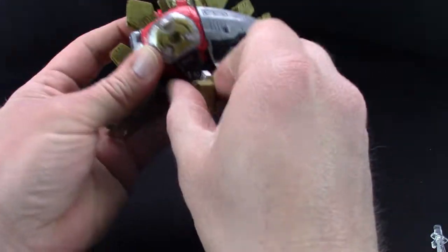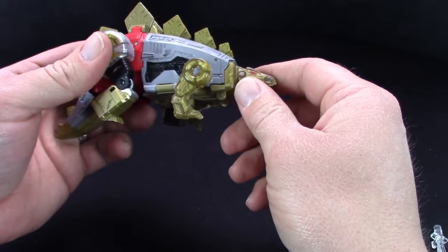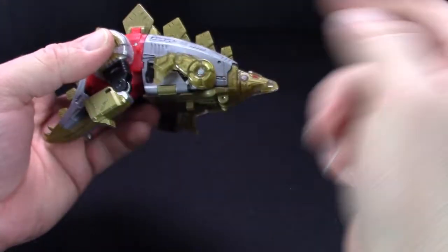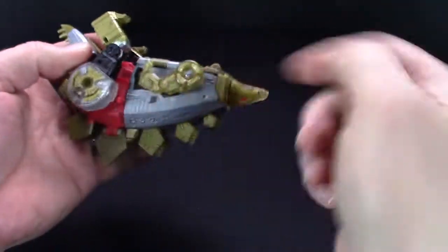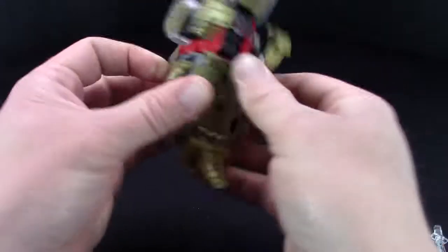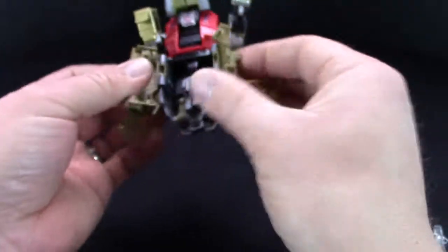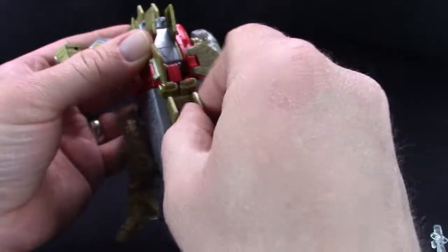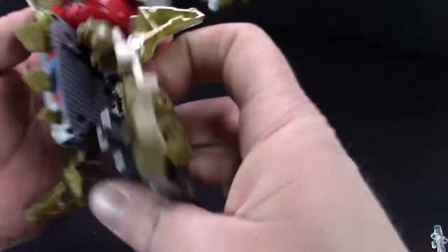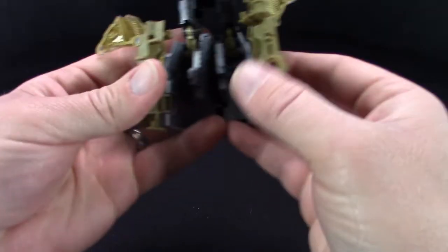So next step, let's get him back to where he belongs. And that will be the arm mode, which you're pretty much transforming him into his bot mode, or close enough to it, so that you just tab up to there. This, you tab it up into there. You want to separate this head, and you want to get this untabbed. Get that separated out. This one you kind of need one leg at a time, and you want to start with this leg because you can see that spot right there. That goes onto this spot right here. So it definitely helps to do it in that order,